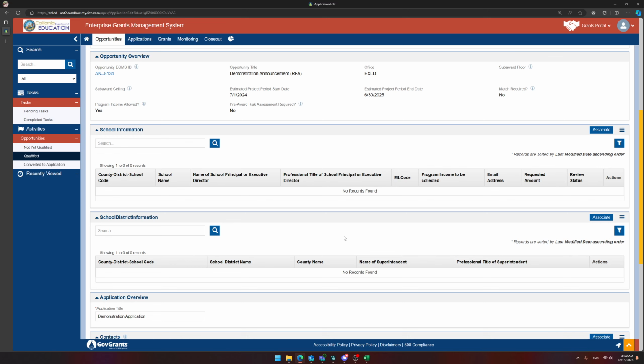I forgot there's some other sections down here. So we got the school district information done. We have the application title here, which you can adjust if you need to. And then we have the contacts. The primary user of the organization is automatically populated in, but we need to give them a role as well. And the rule here is that for every application, there has to be at least one authorized agent. So I'll go ahead and I'll assign this person as the authorized agent. Otherwise, the contacts table for the grantee works the same as the grantor. You can associate contacts from your organization profile and add them to the table here.